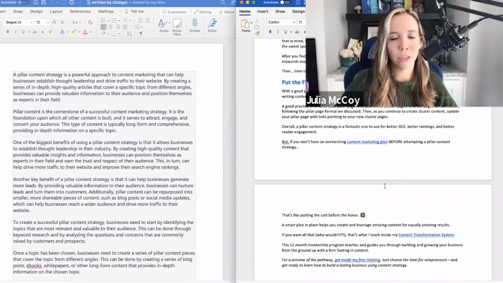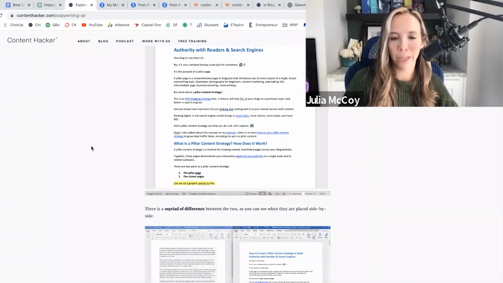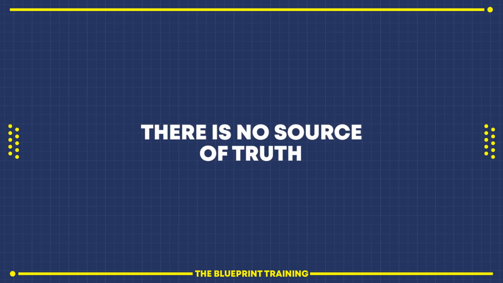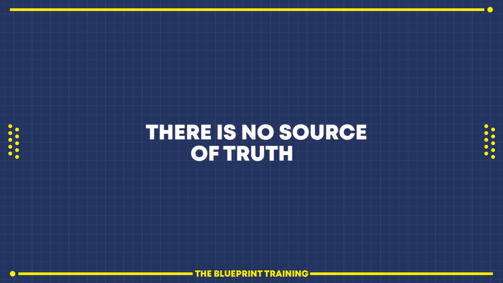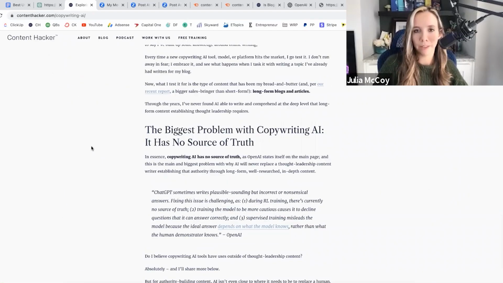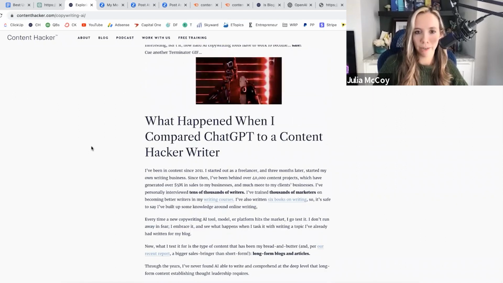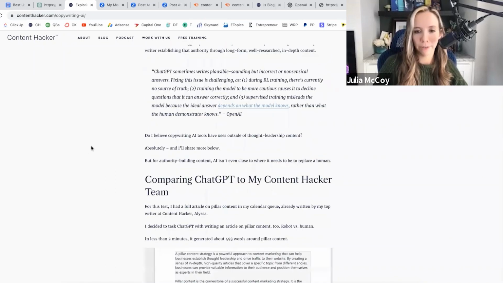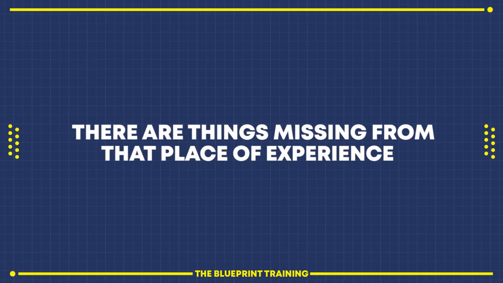Yeah, really good question. I've seen a lot of people, even people I respect, using this tool to get additional thought angles. And I'm still wary, because this tool does not have a source of truth, right? If we go back to what OpenAI says about this tool and the new iteration, there is no source of truth. It just shares what it knows, which is currently still being taught to it. Right now, it doesn't have knowledge after 2020 or 2021, the new model. So there's stuff missing from the current age. There's things missing from, most importantly, that place of experience.